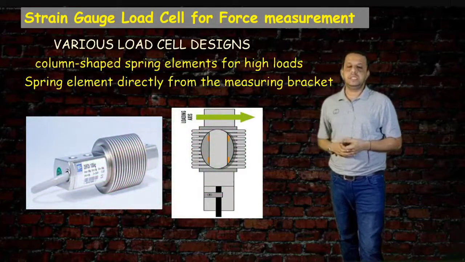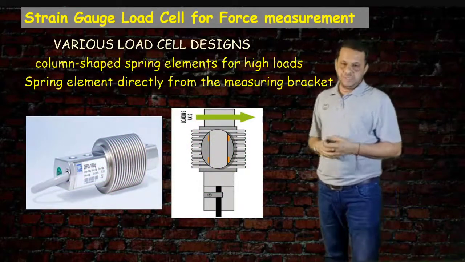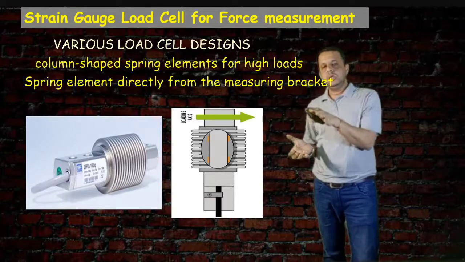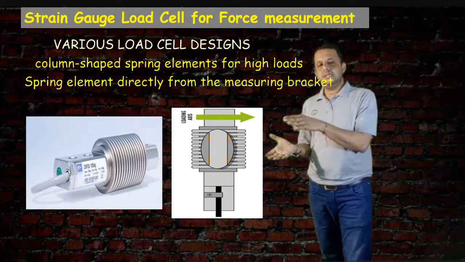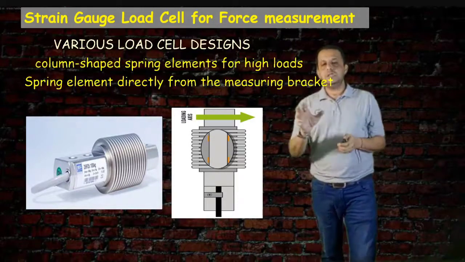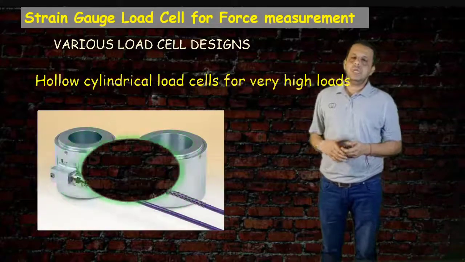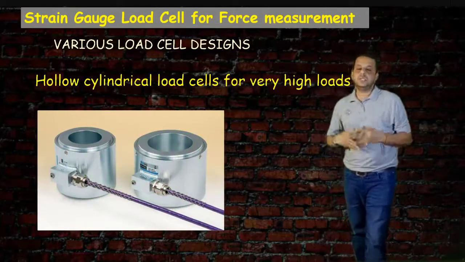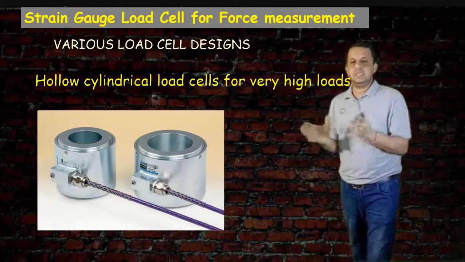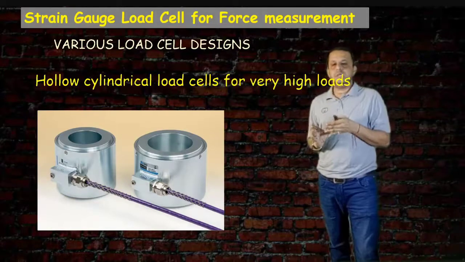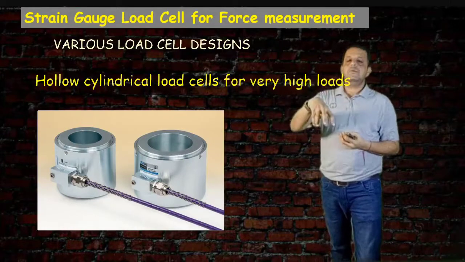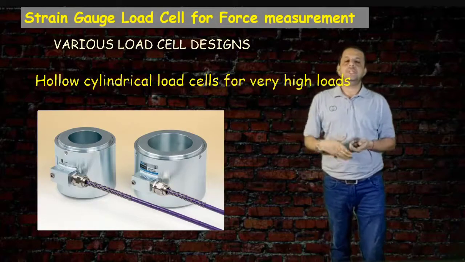So here you see the samples from the leading manufacturers. Here you see inside the bellows kind of application, 4 strain gauges are inserted that you can mark with the orange dots on the 4 corners within this diagram. Another is hollow cylindrical load cells, where the name itself says there is a cylinder having a smooth inner surface with which you can measure, so that it can be fixed on our object under the force application.